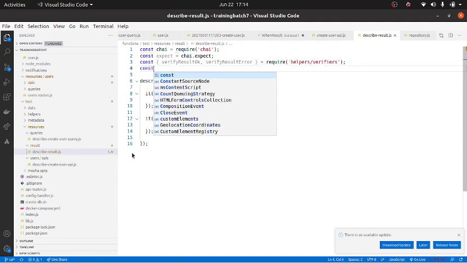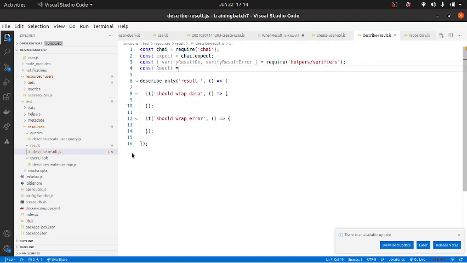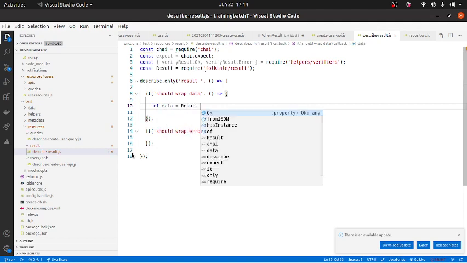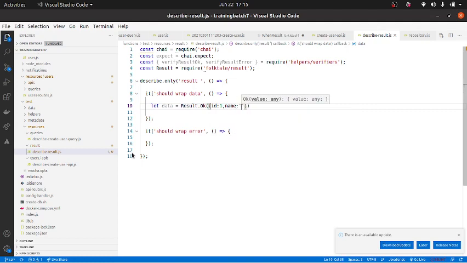So I'll go in here, I'll create result equal to require folktail slash result. Let data equal to result dot ok, and let me give some data here: id equal to 1, name equal to some user.